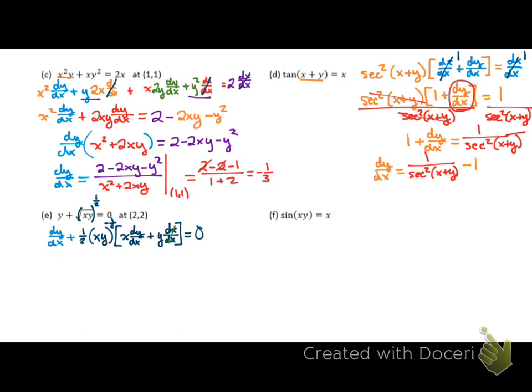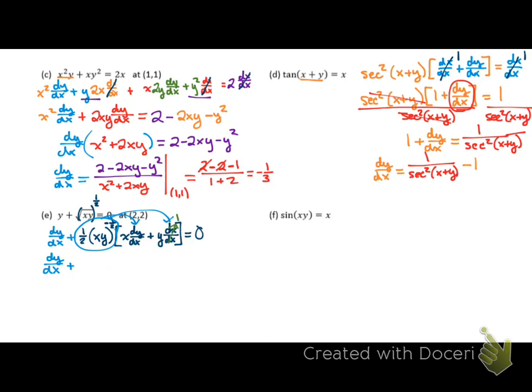dx/dx is just 1. All right, let's see. What's the fastest way to do this? We're going to multiply it out. Yes, we're going to distribute. So dy/dx stays the same, and I'm going to take this whole thing and distribute it to both of these. So we end up with,